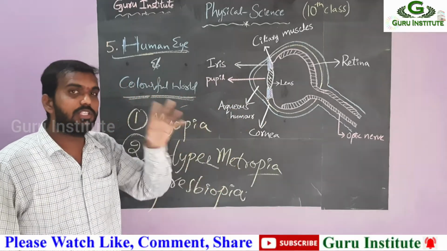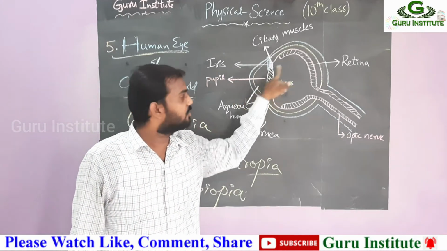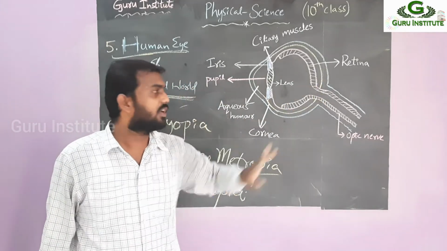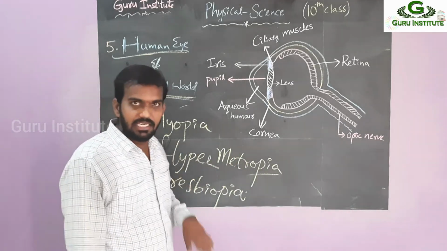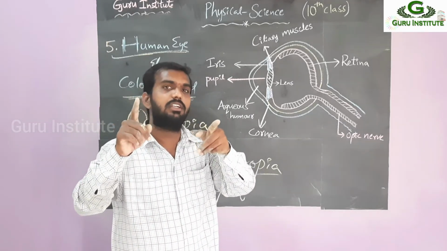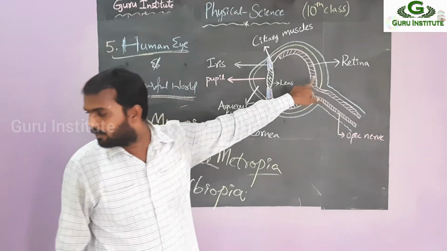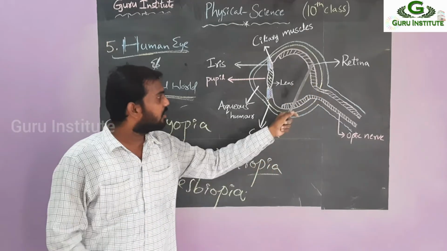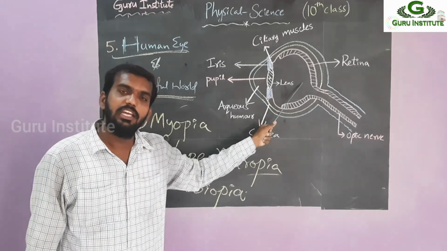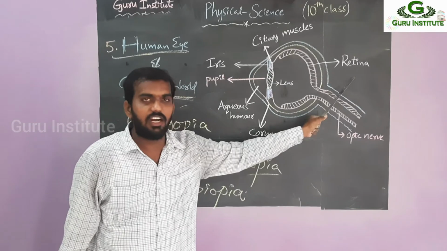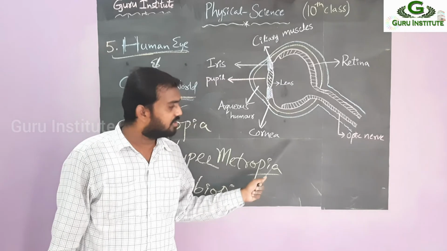So actually, how can you see the image? Whenever the object rays after refraction fall on the retina, then only you can see the image. We can't change the position of the retina, right? So why are they not seeing the image? Either the refracted rays of that person meet on the retina, then he can see the clear image. If they meet before the retina, he can't see the image clearly. If the refracted rays meet after the retina, also he can't see the clear image. He can see only a blurred image. This is the defect. Okay.